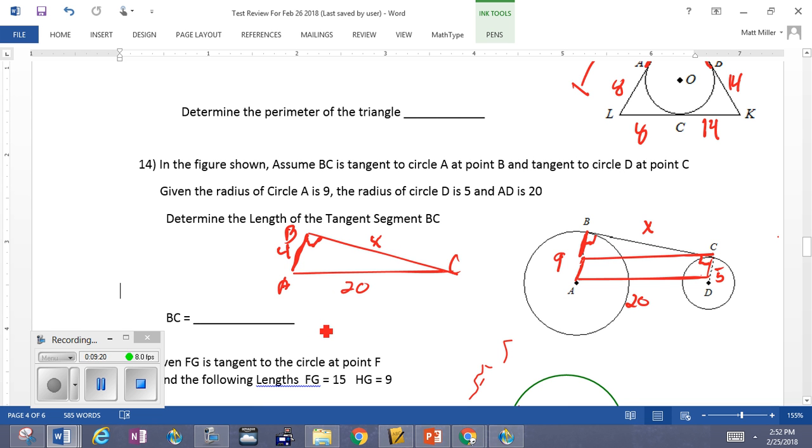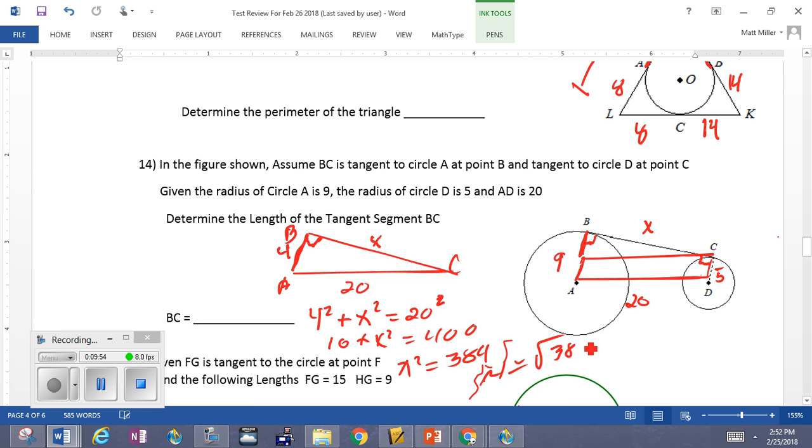So Pythagoras will figure that out for me. 4 squared plus x squared is equal to 20 squared. So that's 16 plus x squared equals 400, which means x squared equals 400 minus 16, which is 384, and x equals the square root of 384. You can simplify that if you